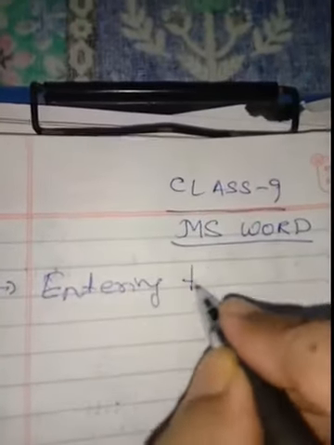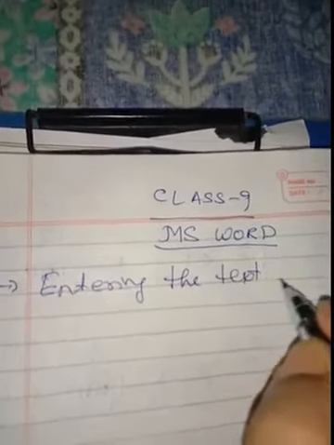The first topic that we are going to discuss is entering the text into a table. How can we enter the text into a table? The different steps required to enter the text into a table. To enter the text into the table, first of all, suppose this is the table over here. So what is table? We can say it is a collection of several cells. And what is cell? We can say it is the intersection of row and column. So all these are cells over here, and the collection of these cells is known as table.